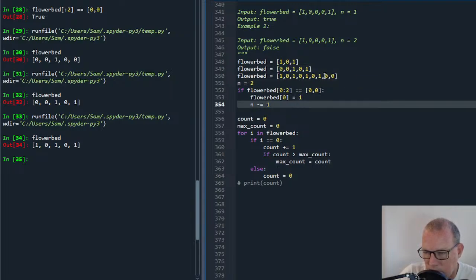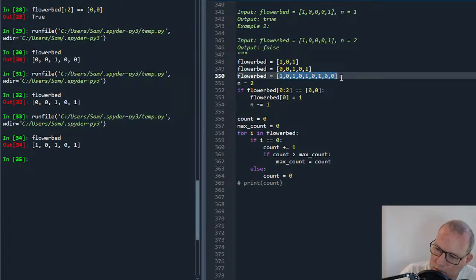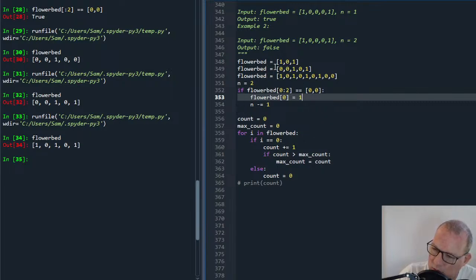Boom, boom. Then elif. Then I need a for loop here. Because if I do this once, then I don't like how I'm doing this. So while